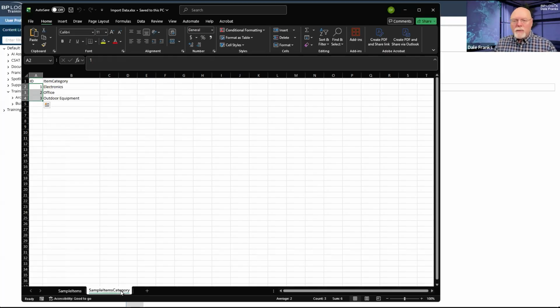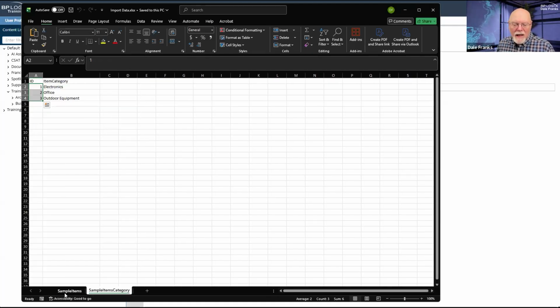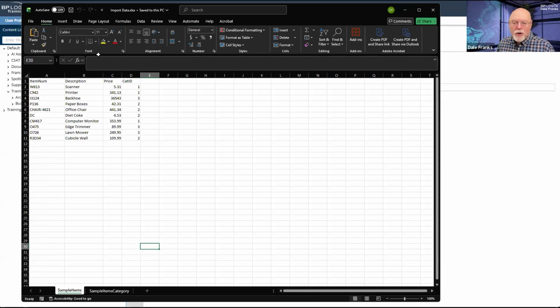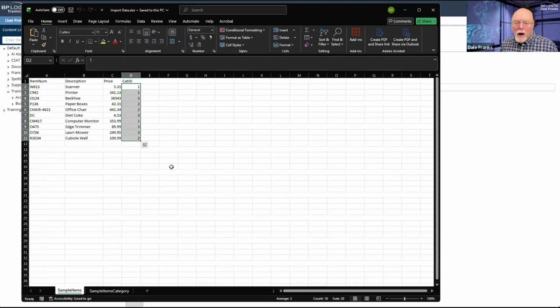But if you're exporting into Excel and then importing, you can export all of the related tables into a single spreadsheet, and they will just be in separate worksheets inside the Excel file. And as long as your foreign keys from the child table up to the parent table match the primary keys of your parent table, then you are good to go.